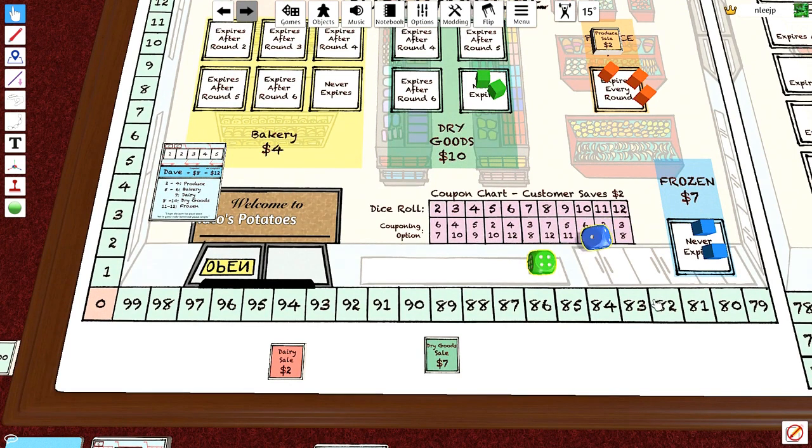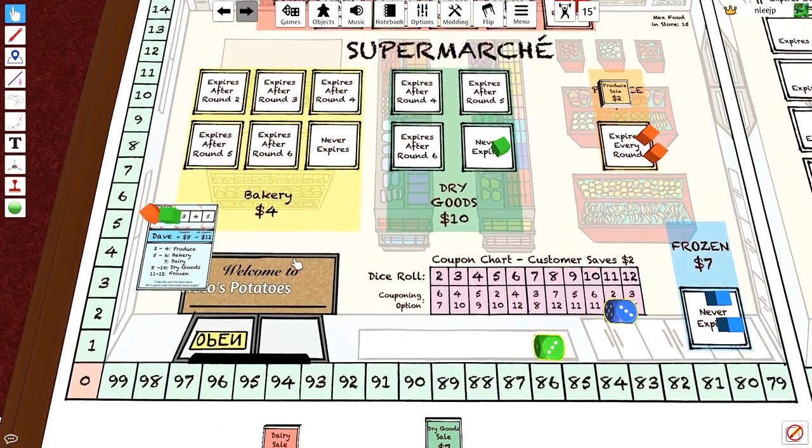Or, let's see, roll the 5, which is bakery. So that customer walks in. Oh, wait a sec. No, I'm going to actually take a look at the coupon. And actually, maybe we can get away with this on a coupon basis. You never know. Go big or go home. I don't know. You never know if we can pull this off, because